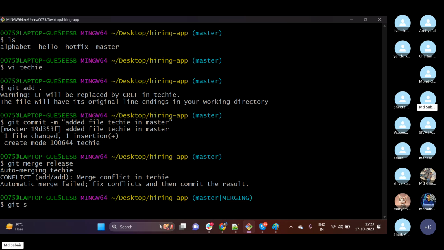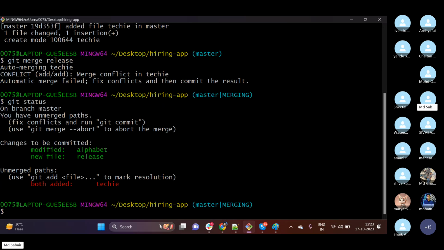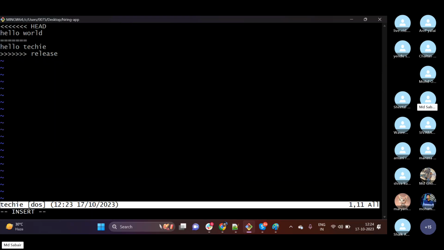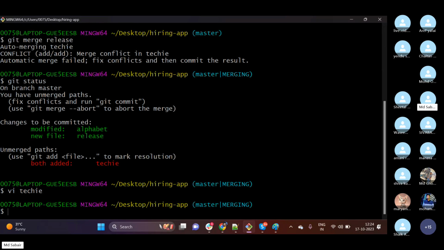So how to resolve this? By using git status, we will understand which file has the issue. Now open that file, vi techie, and decide which content you want to keep. I want to keep hello world and techie, and I want to delete the remaining things. Let me save this. Now if you do git status,